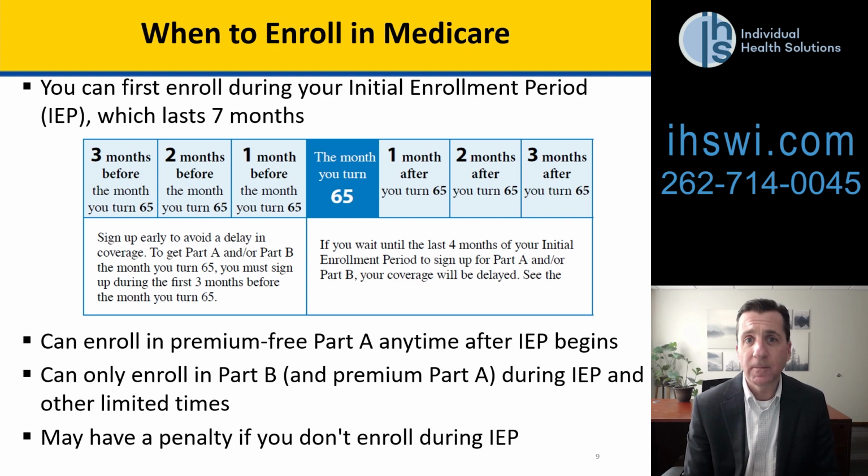If someone signs up for Medicare on their birth month or after, there are delayed enrollments that would happen for their Medicare. So this is used when someone is wanting to sign up for Medicare once they approach 65. Doesn't necessarily mean that they should, and we're going to talk here in just a couple of slides about people that continue to work, possibly wouldn't want to sign up for Medicare in those situations. However, this is used if you intend to sign up for Medicare when you turn 65.